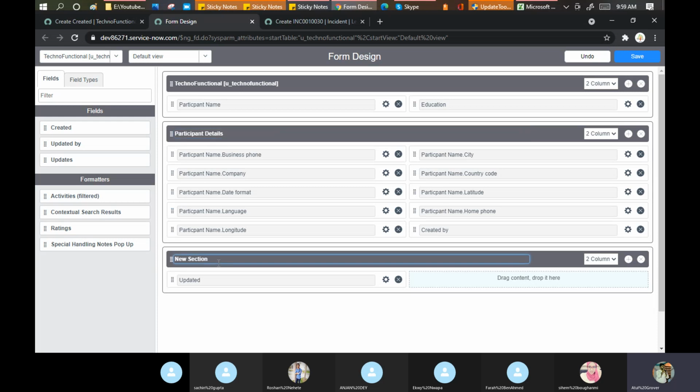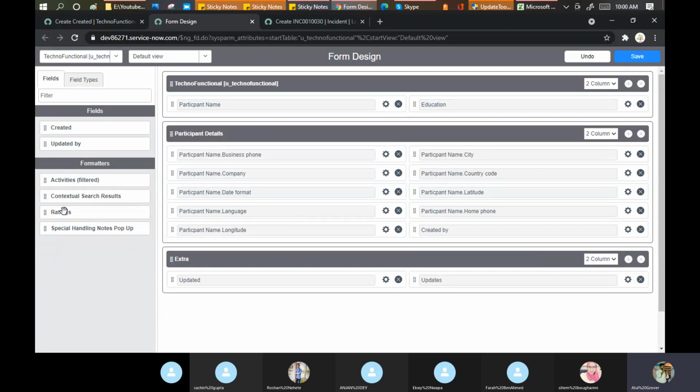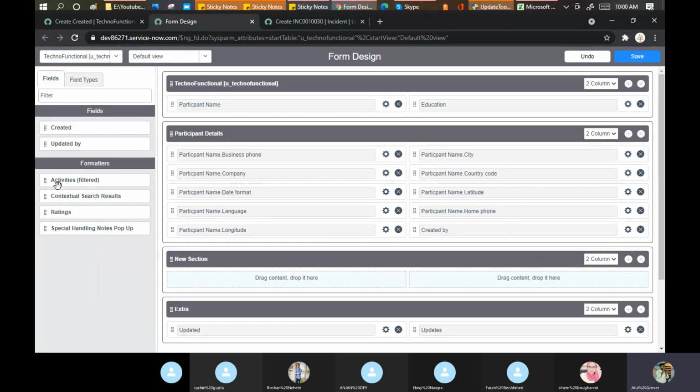Detail. Updates I can put here. What else do you want? Contextual search. Okay, put it here. Contextual search, you can put it here. Okay, now I click on save.